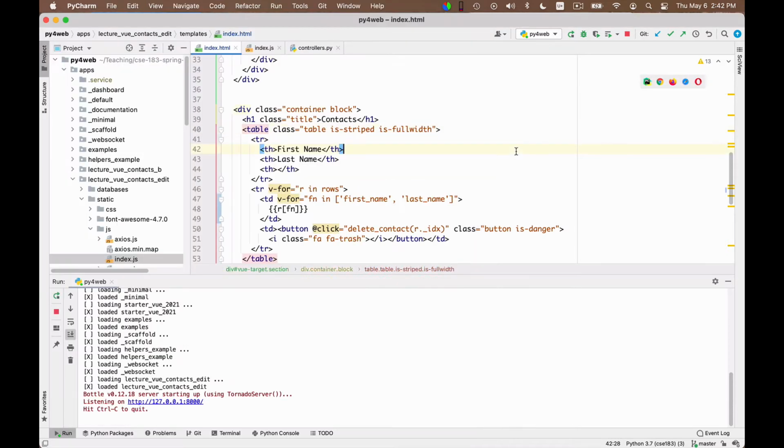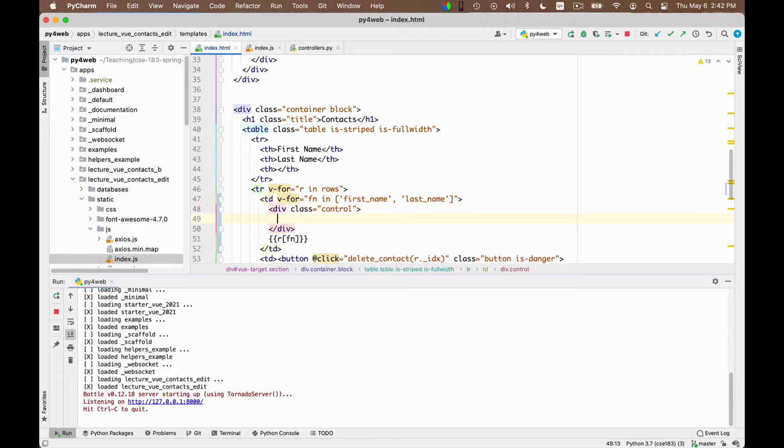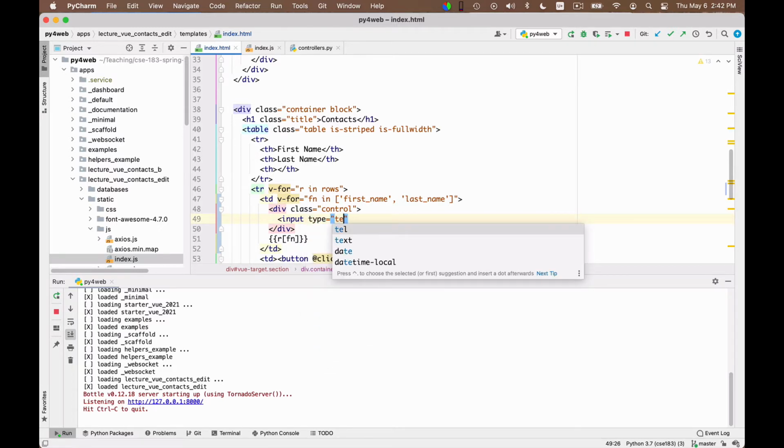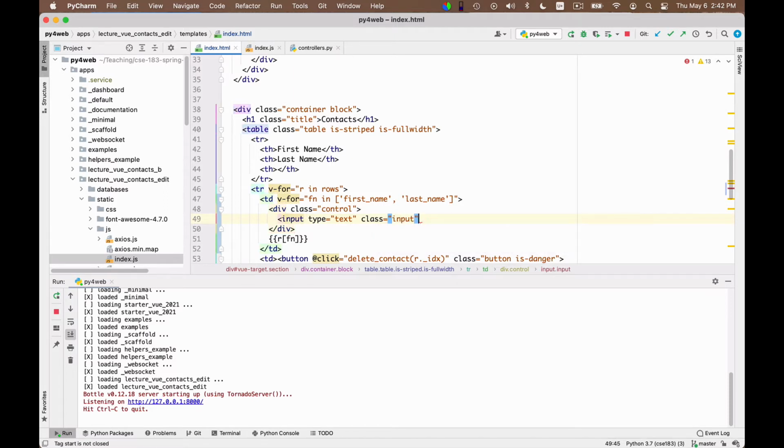And to do that, I go here, and inside this TD I will replace this command, which essentially puts out the content as text, with an input. Okay, actually I write around it a div of class control. I use this to keep Bulma happy. It always likes to have a control div, and inside I say an input of type text of class input, which is again used to keep Bulma happy.